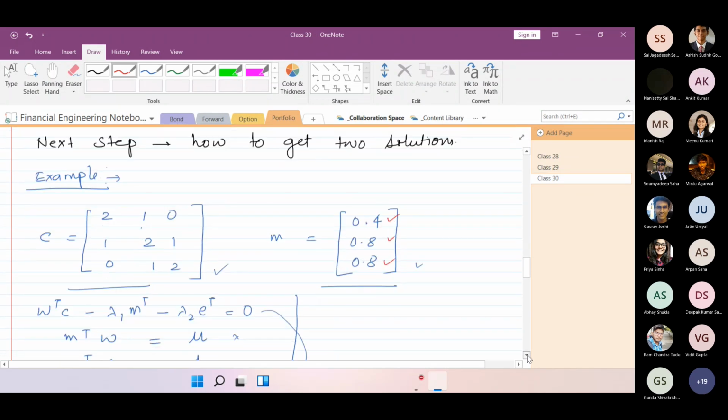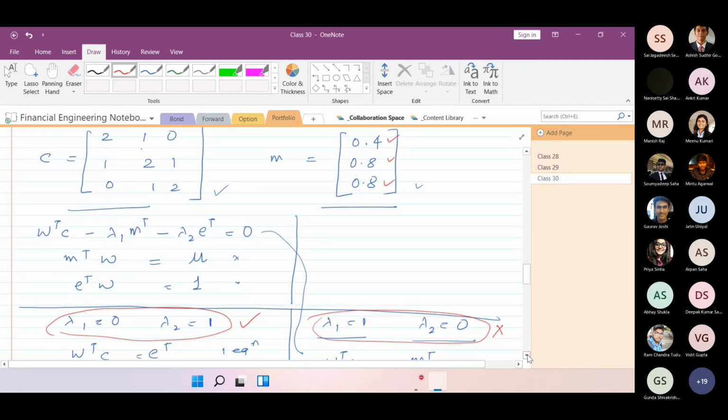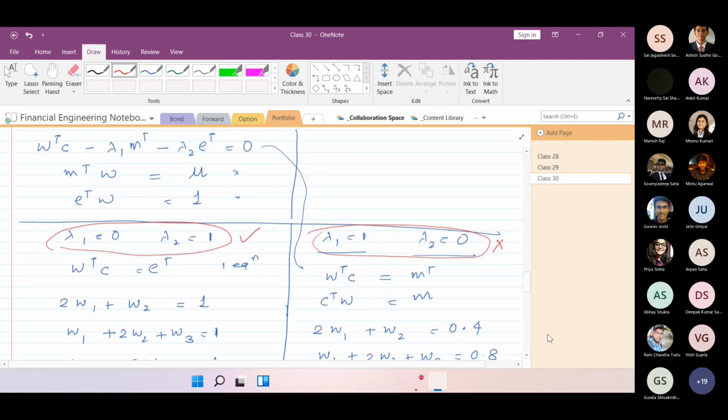So I took an example and I say that okay, these are the expression, these are the C and M value, variance and covariance and return value, and I try to find out two different extreme points. So I take that lambda1 is equal to 0 and lambda2 is equal to 1 for getting the first solution, because I need to generate two solutions, and for the second one I took lambda1 is equal to 1 and lambda2 is equal to 0. Luckily, the first one I tried to put that back,